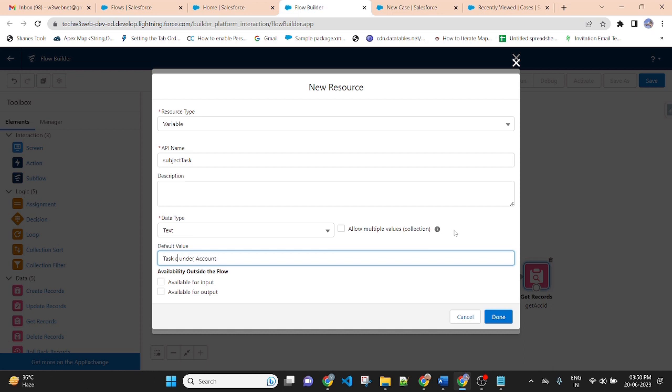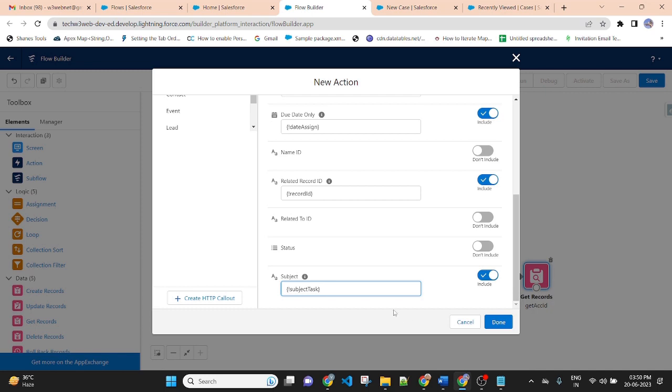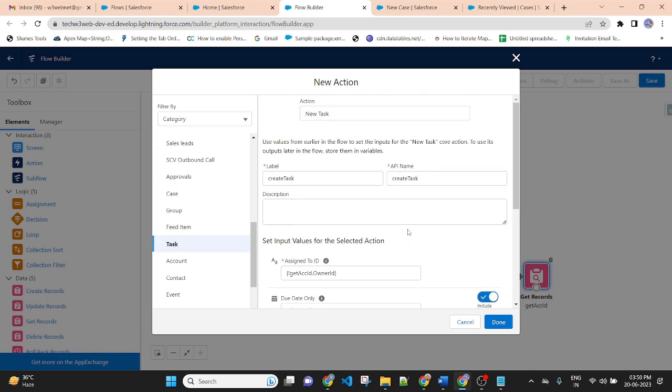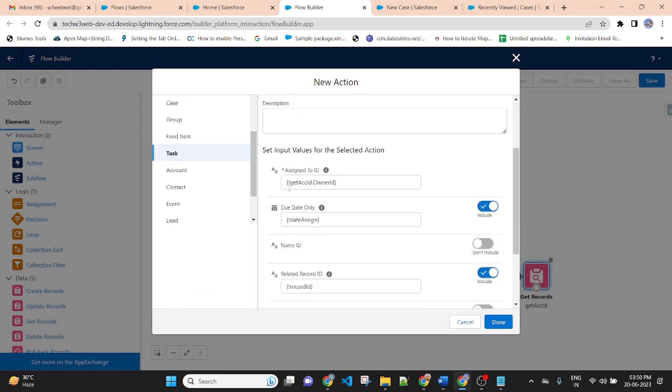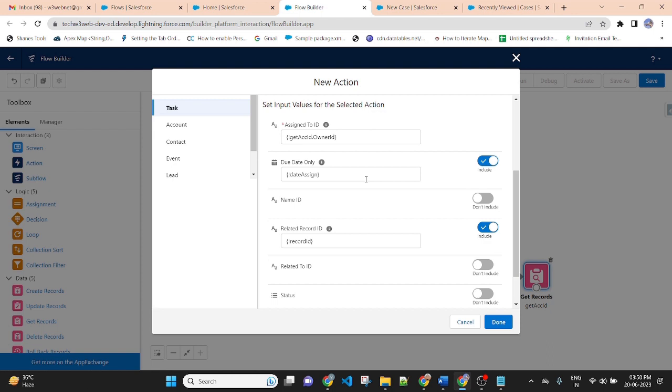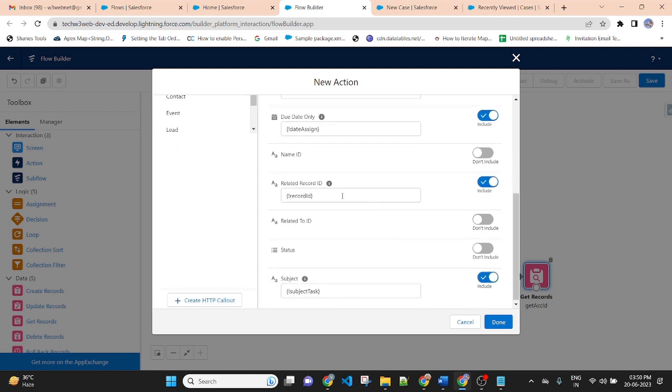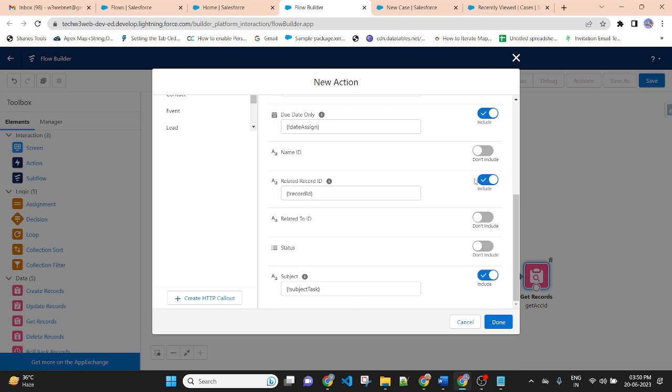Task created under account, then done. So here I am passing the account ID dot owner name, account owner of the account, then passing the date, the record ID of account and subject. The rest of the fields are optional. Then done.